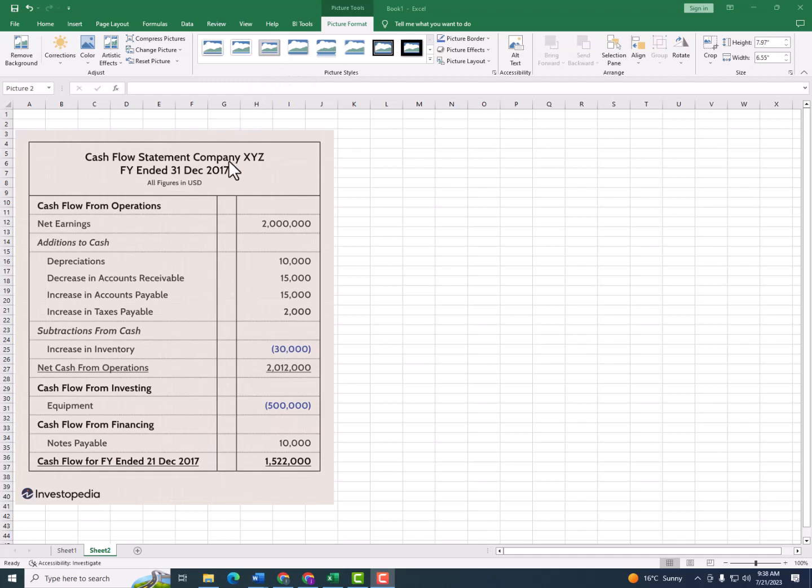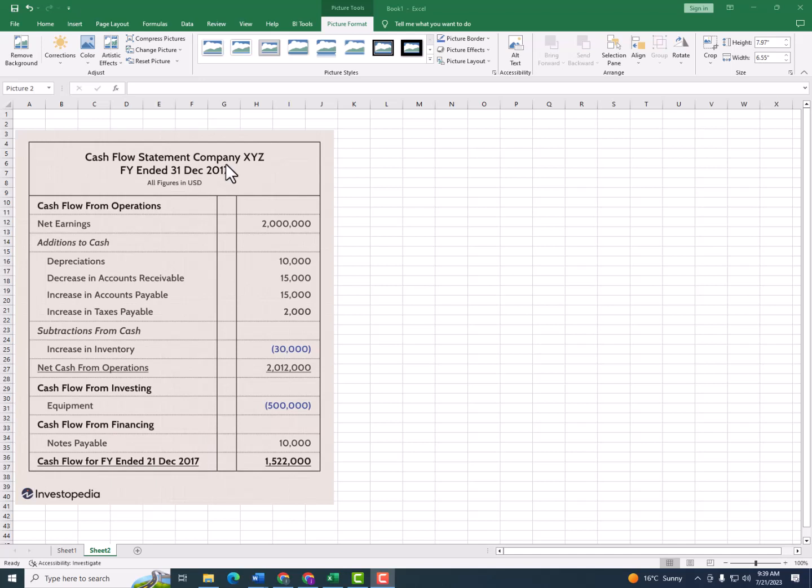The first step we shall look at is what is a cash flow statement and what is the format, how does it look like. And we know that a cash flow statement for our company simply shows the cash coming in and going out of the company so as to arrive at the closing cash balance in the balance sheet. So it simply aims at reconciling the opening cash of the company vis-a-vis the closing cash of the company. And the cash flow statement is divided into sections that